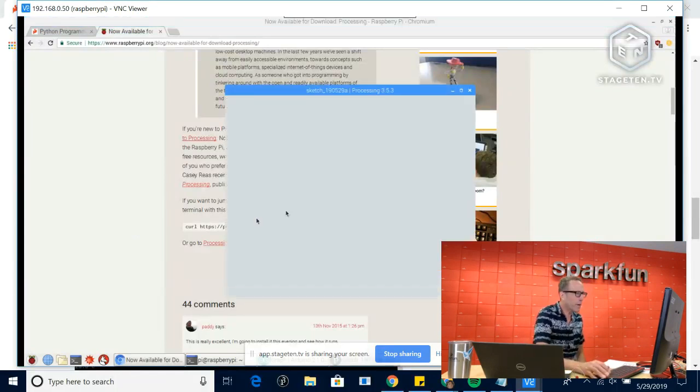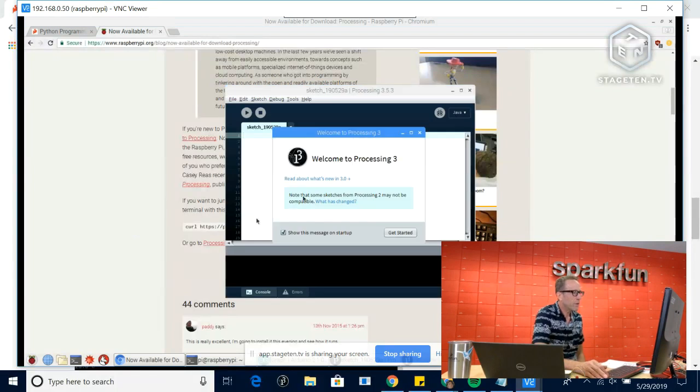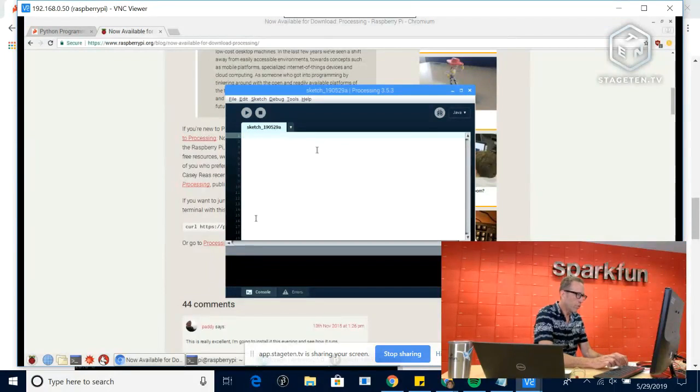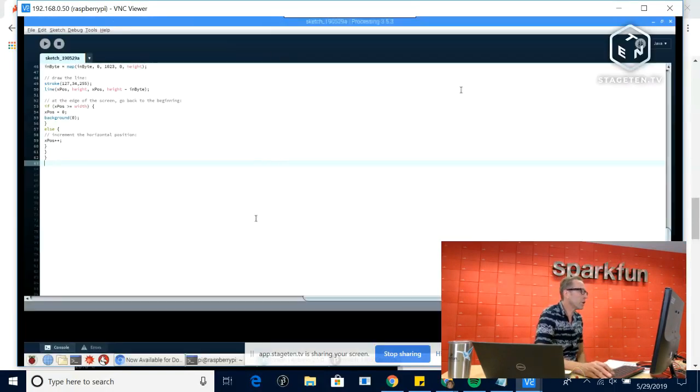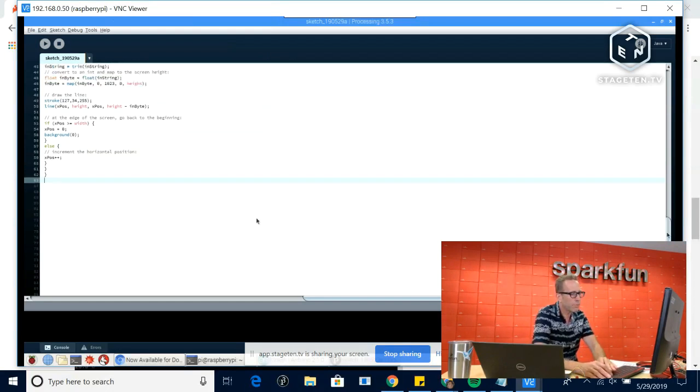So here's my Processing sketch. I'm going to close out the splash window, Control-V, paste that code in. Great, looking good. So I'm going to make this big. I need to make some changes to this code in order to get it to run. So I'm going to scroll up to the top,